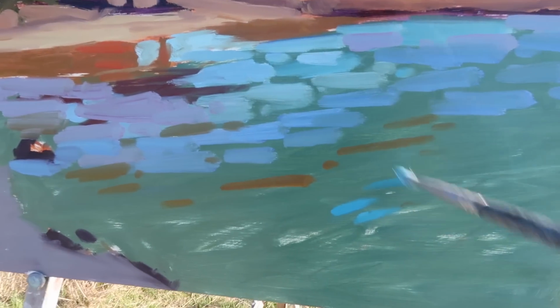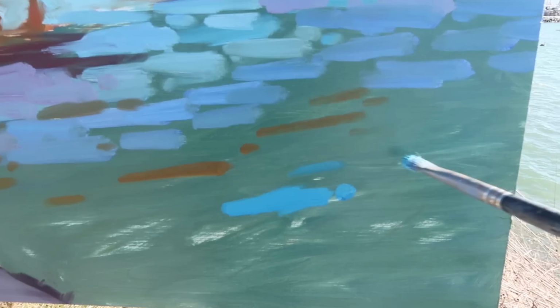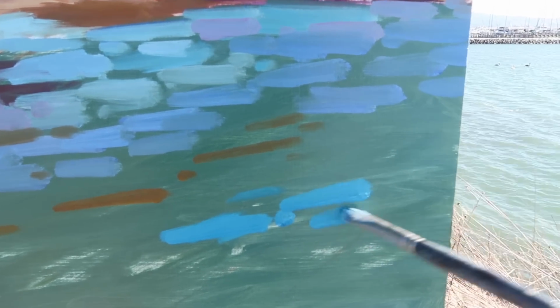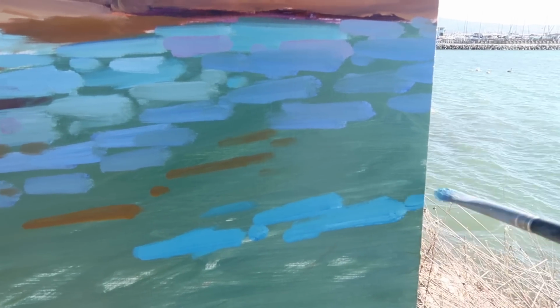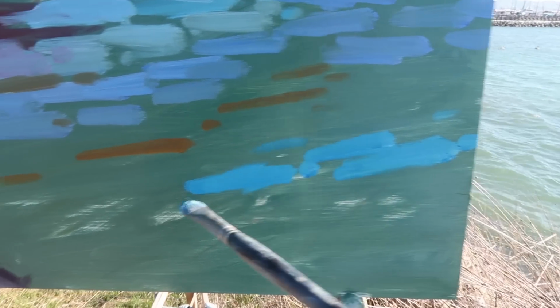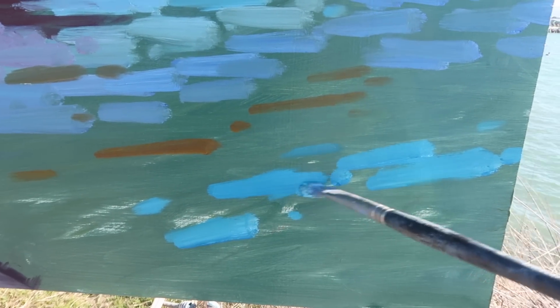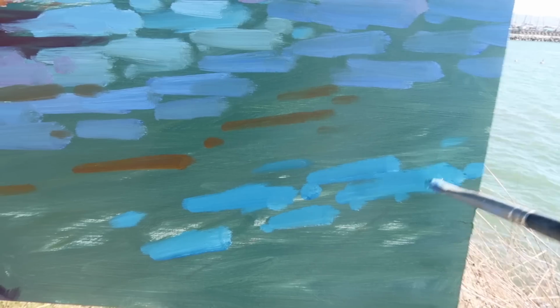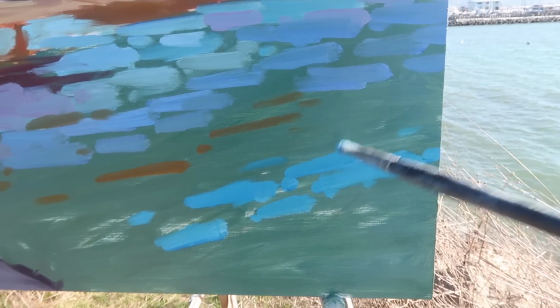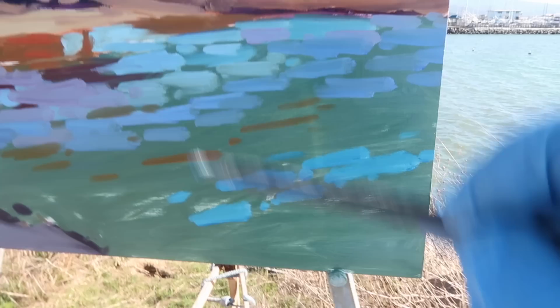All right, so I like the value pattern I have here in the water. So I want to keep the value pattern, but I want to create some energy and interest with thicker paint. So I've got pure phthalo and titanium white, and just adding loaded strokes out here. I want to keep the value fairly dark so I don't, like I said, break up the value structure. But I want to get some energy into this